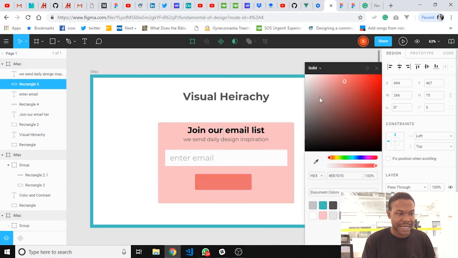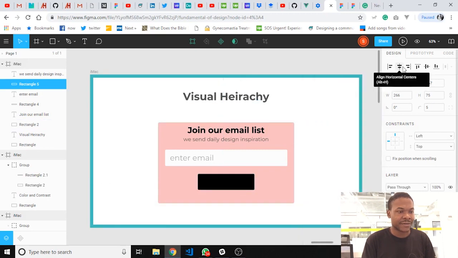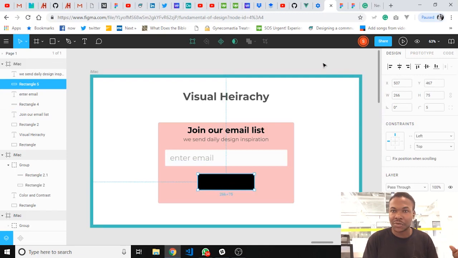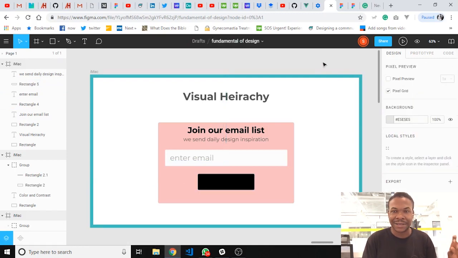If you can use like black. Okay, so let's just use black. A little bit like black. Should we use black? Okay, I wouldn't use black, but this works, right? So now the design looks better, but there are still some things that are off with the design, and this is what